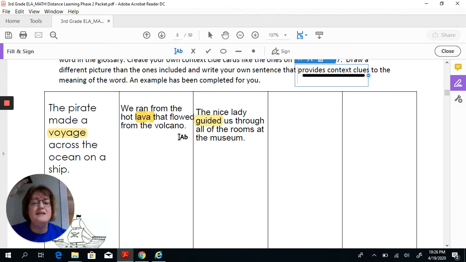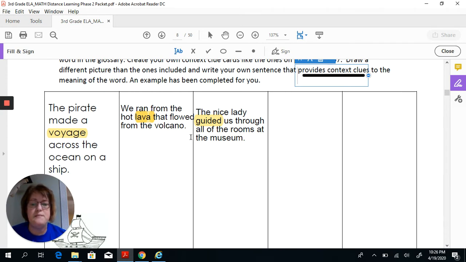Now, boys and girls, I did not just write, we ran from the hot lava, because that doesn't necessarily let my reader know that I know what lava means. So I wrote a little bit extra. I wrote a big kid sentence. Remember our 7-up sentences, at least 7 words in a sentence to be a big kid third grader sentence. We ran from the hot lava that flowed from the volcano. So I let my reader know that I know what lava is